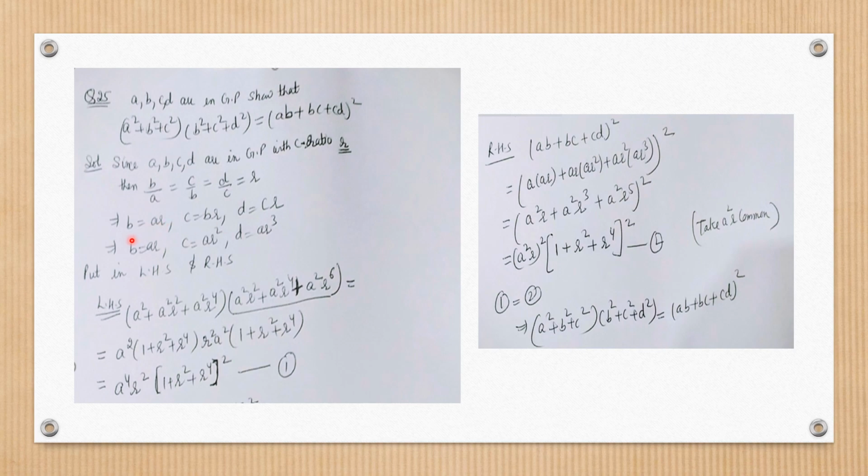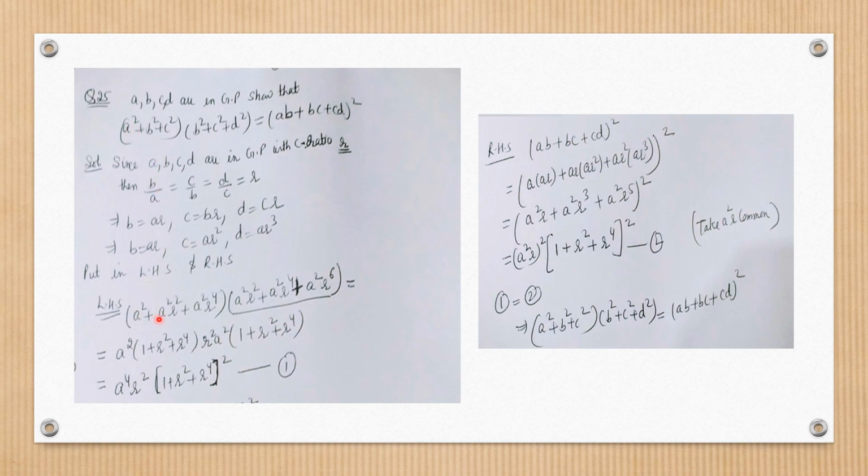Okay, now I will change everything to your A and R. Okay, and as you know also the terms except first term are like AR, AR square, AR cube, that way also it can be done. So B is equal to AR, C will become, by putting the value of B here, AR square, and by putting the value of C here, D will become AR cube. Now consider your left hand side, and I will replace the values of your B and C, okay, and D. So look here, what will I get?